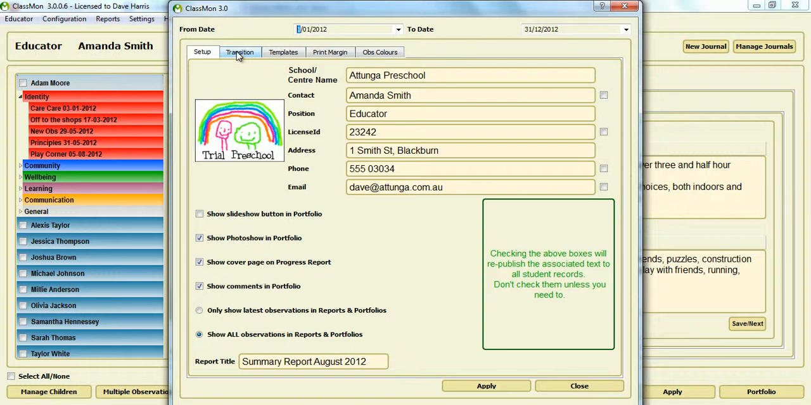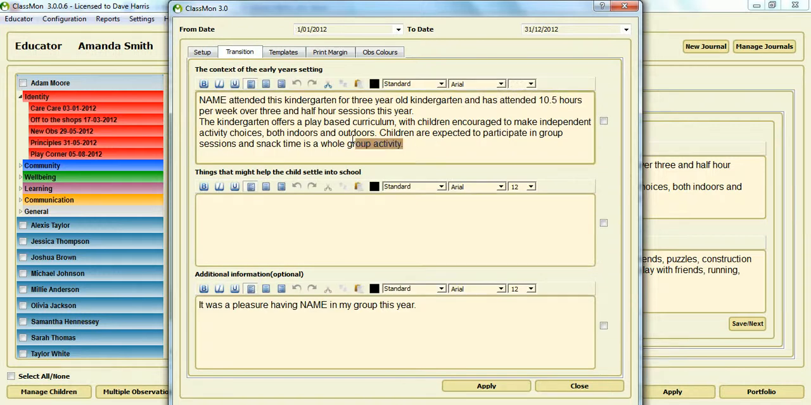then under Transition, just write your statement here, and you can use the variable name in uppercase, and that will push that comment through to each child's transition statement. So it saves you a lot of time copy and pasting or rewriting. You can do the same for each of these boxes, but it's this one that is the most common as